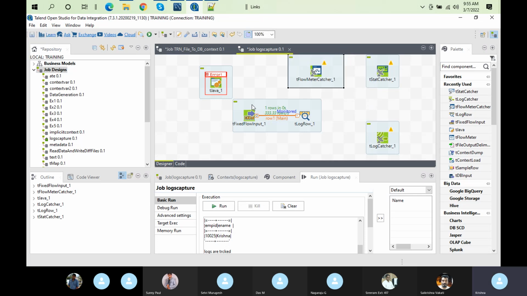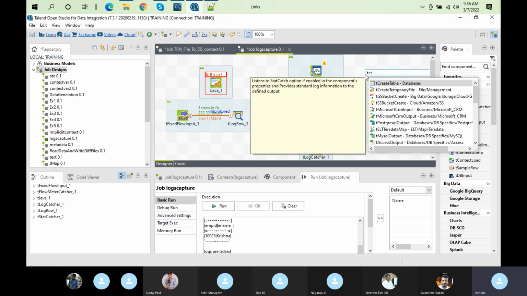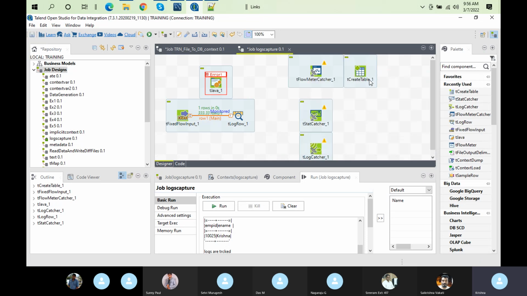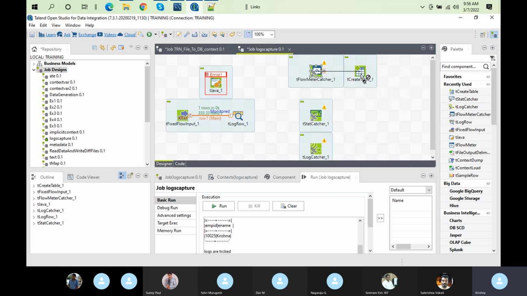So we have to set that up, right? We need to have that schema. We need to have the table name and schema. To create this, you can select which schema you want and which table you want. tCreateTable is a component. It's just to create tables. If you want to create a table, you can use it, it's a one time thing. One time we have to create a table in our database,